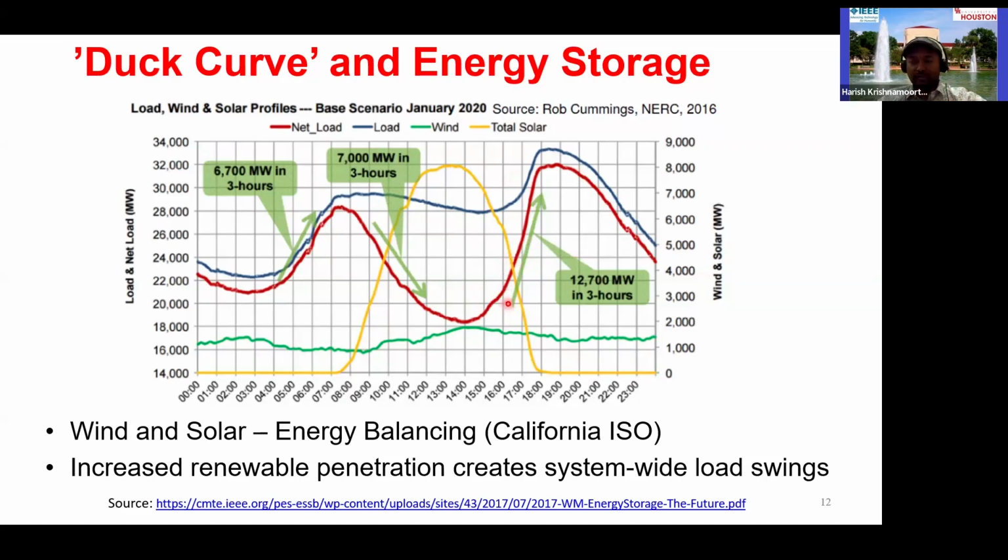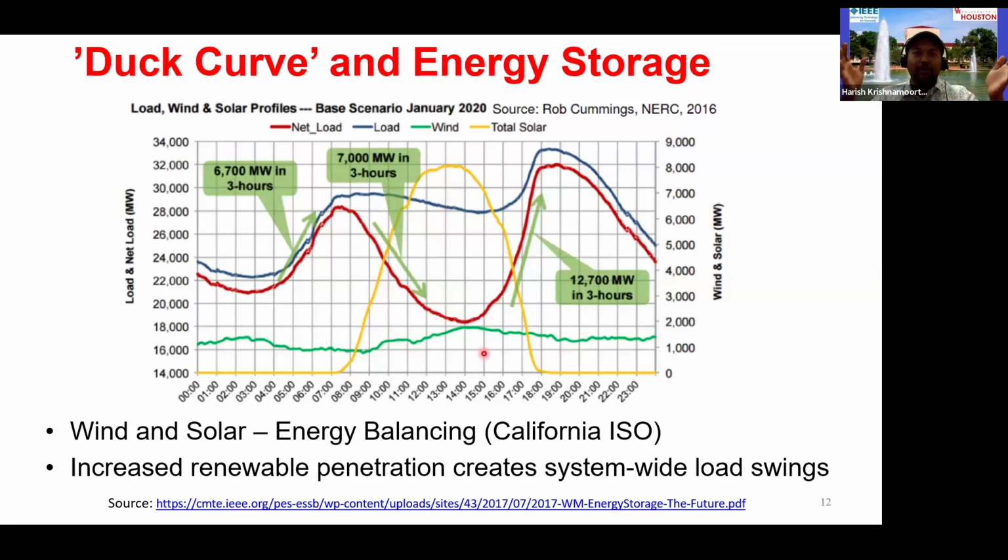Again, I have a graph that shows the Texas grid. The shape of this net load kind of resembles the shape of a duck. So that's why it is called a duck curve. Now, in places where there is a high penetration of solar panels, the solar PV curve is increasing in magnitude, and this red trace is going down and down, and at some point you will see that it just flattens out at zero. So the net load during the middle of the day tends to be zero in many places, and that has now a new term called a canyon curve.